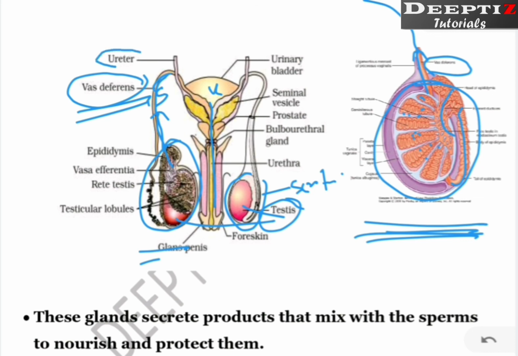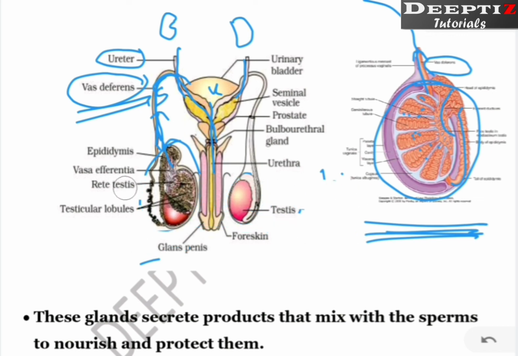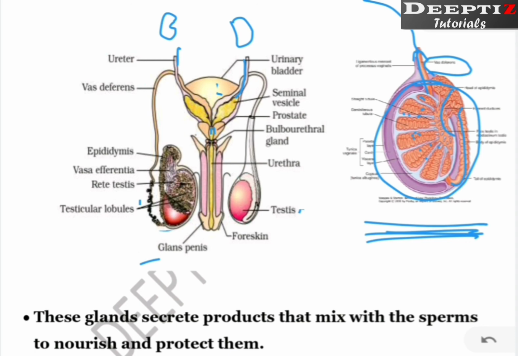If you look here, there is the ureter which is coming from the kidney, which is connected to the urinary bladder. So towards the urinary bladder, it is not going to enter the urinary bladder, but the vas deferens is also connected to the urethra, the male excretory part, right? To the urethra it is connected. Why is it connected to the urethra? It is connected to the urethra because there is a single opening for the passage of urine as well as the ejaculation of the sperm. Now we will see in the next video lecture the 3 things which are left under this part, that is these glands which are given there, right? With these glands we will be completing our lecture.